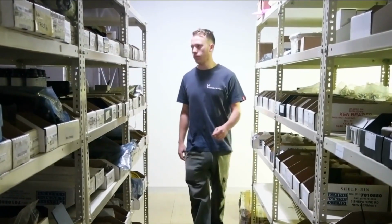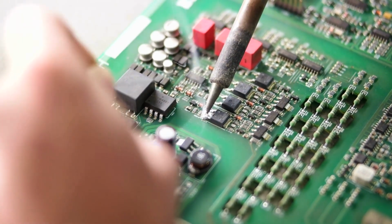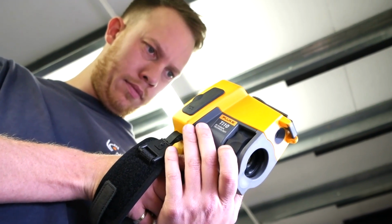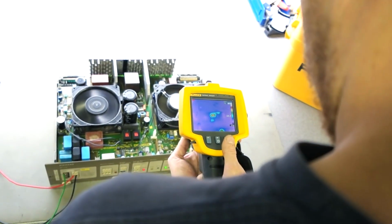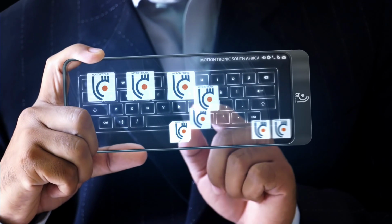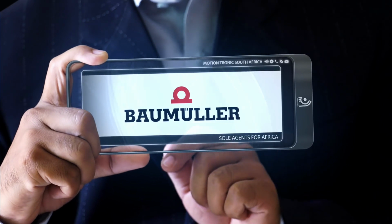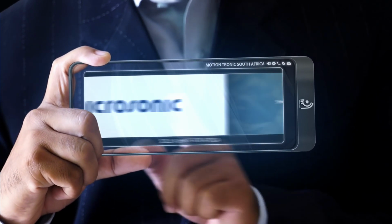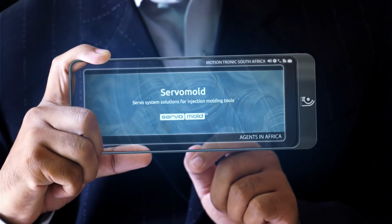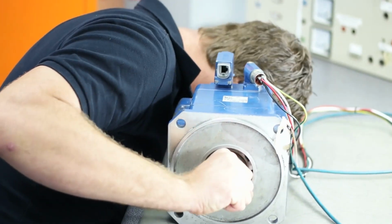Motion Tronic is also the only company in South Africa who can successfully repair all brands of servo motors, and we have imported specialized repair equipment in order to do this. We also hold some fantastic agencies to provide better product and service offerings to our extensive range of clientele: Baumüller, Microsonic, Servo Mold. So, whether it's designing and building a purpose-built machine or conducting an upgrade or repair, our team